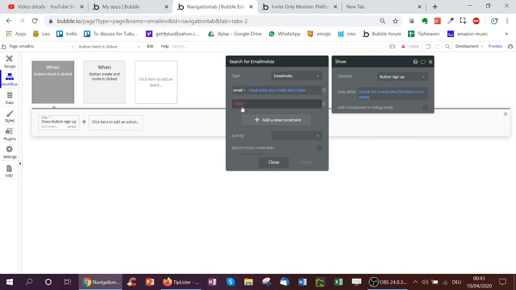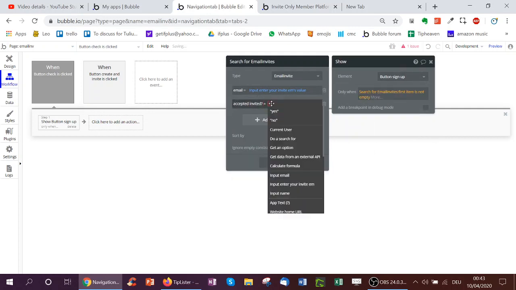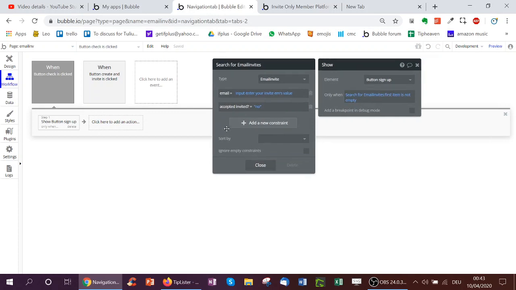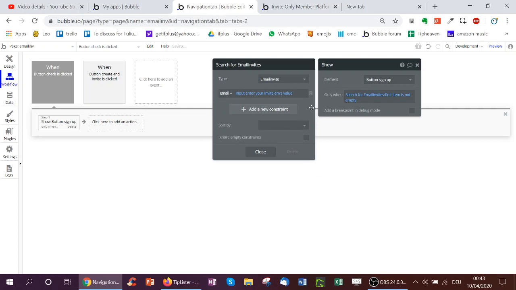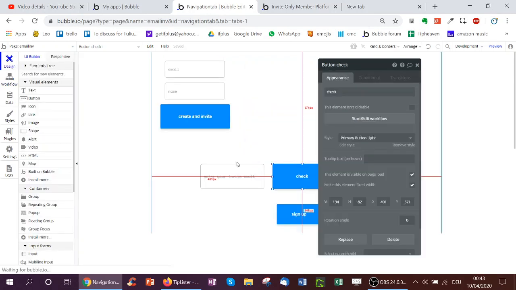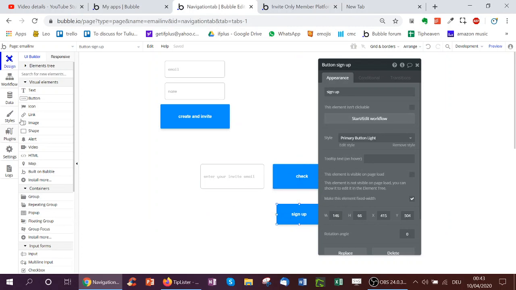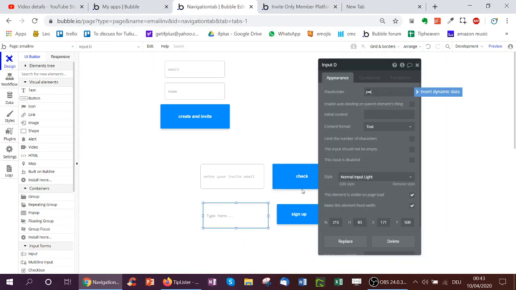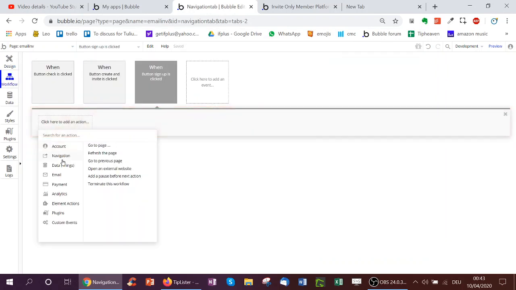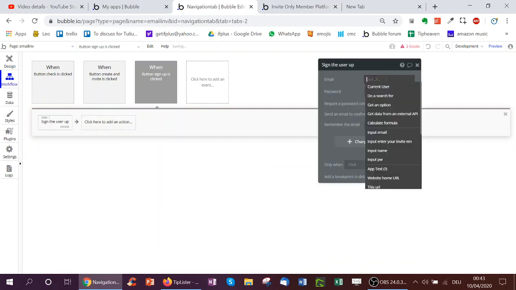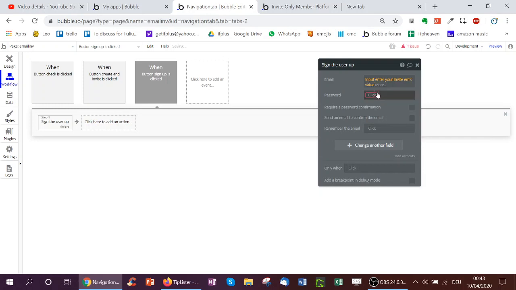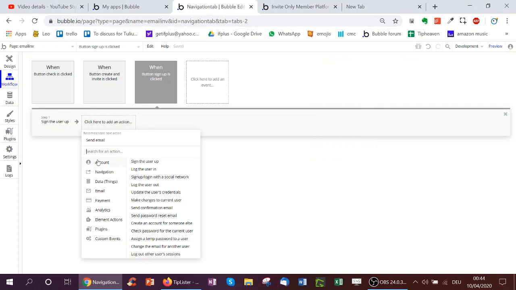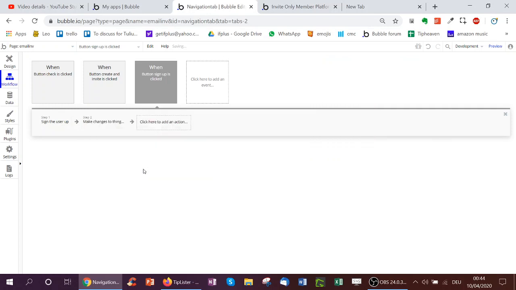You could even require that accepted invite is so far no, but this makes the first time they sign up kind of irreversible, of course, so you could leave it out if you wanted to. And now when the person actually signs up, you may also of course need a password field, sorry, password. So now the person actually signs up, and you can then actually make changes to